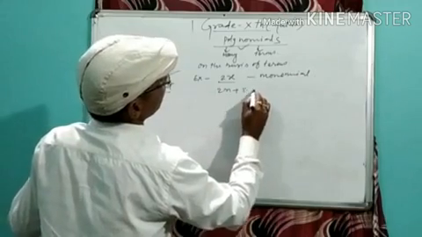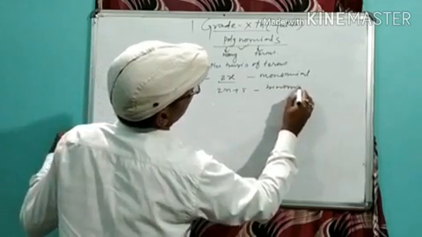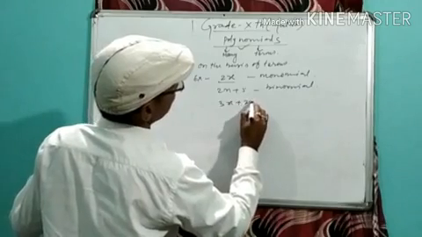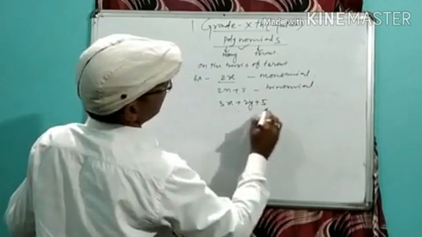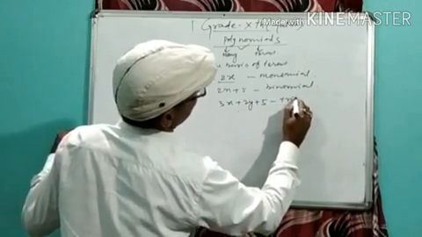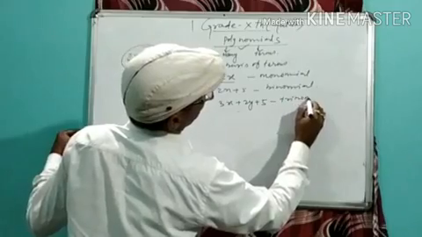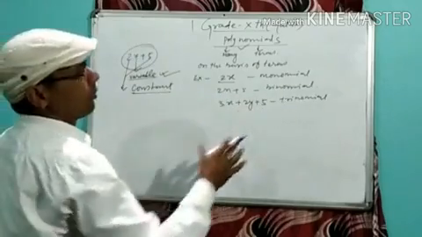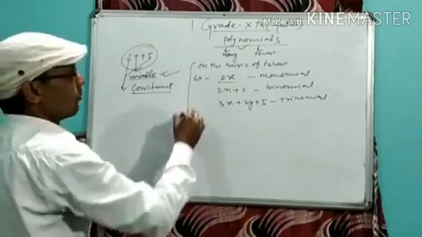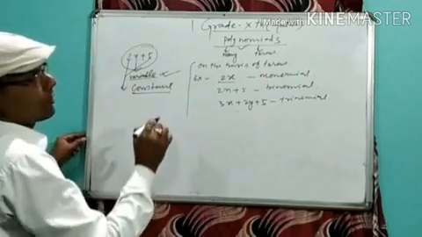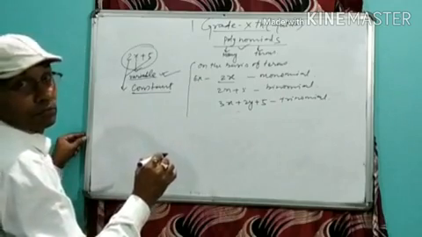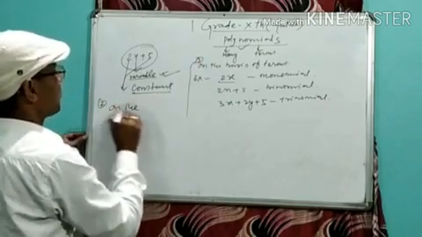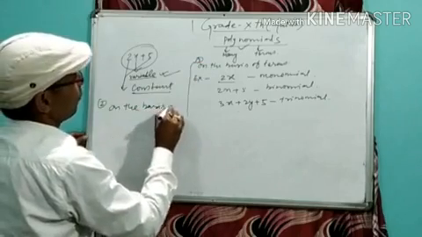Two terms, binomial. Three terms, trinomial. Later quadrinomial, and so on. And on the basis of degree,